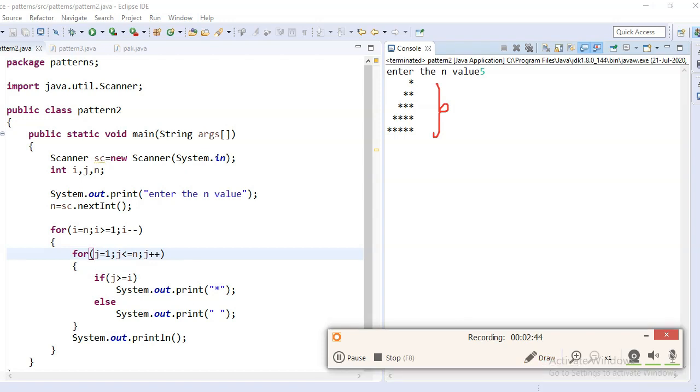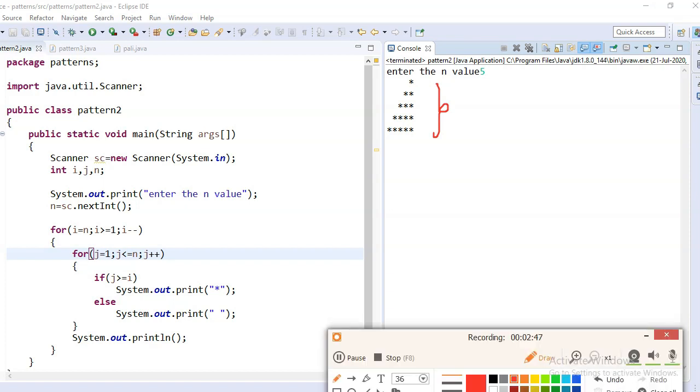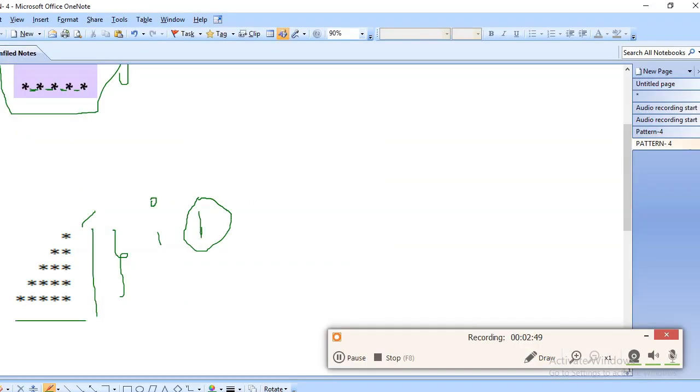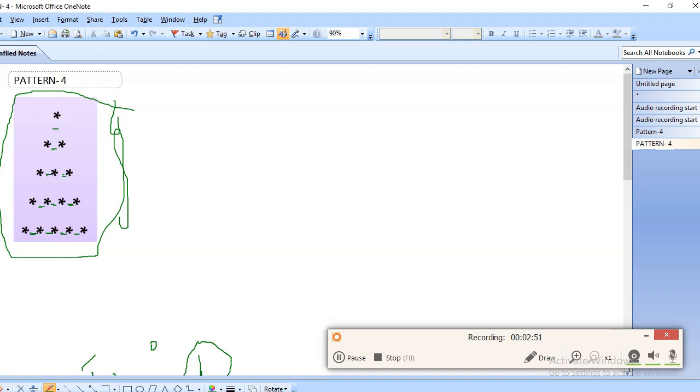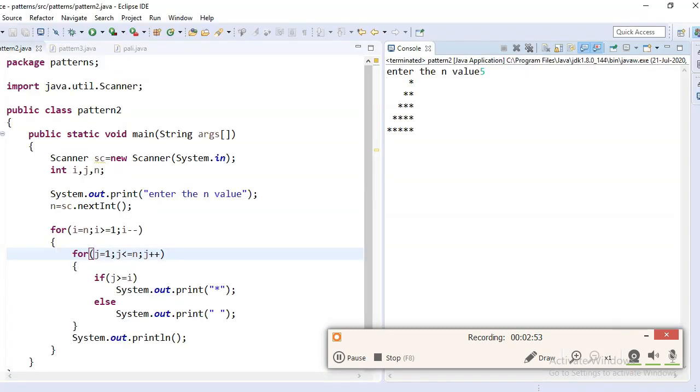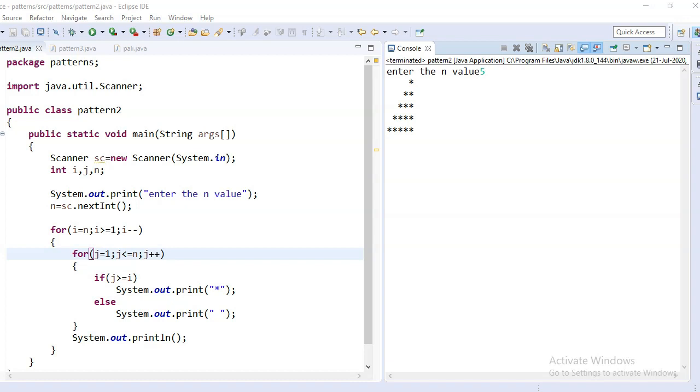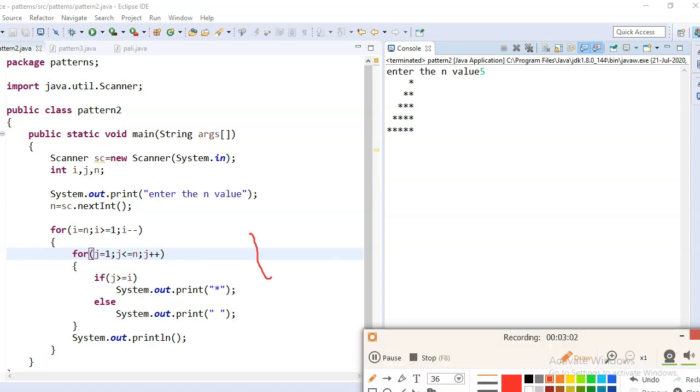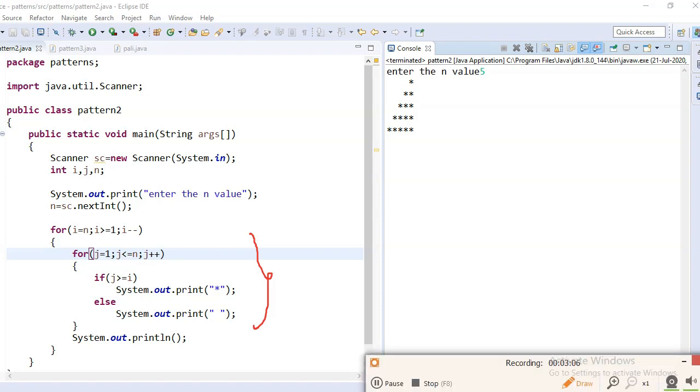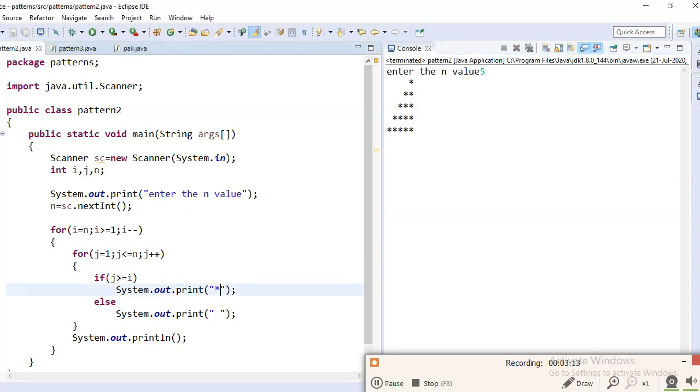So I don't want this pattern, I want this pattern, right? So here I made only one change. In this part I made one change, where I have given only one space.